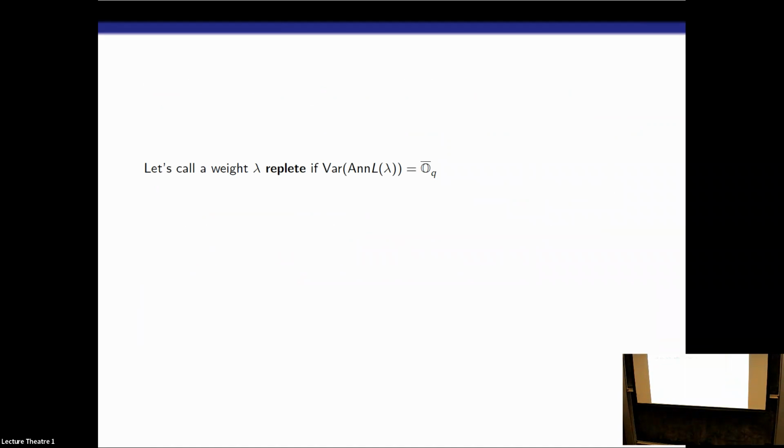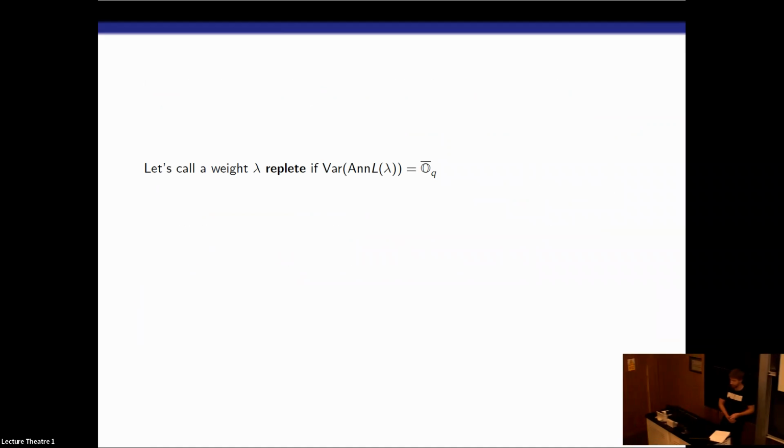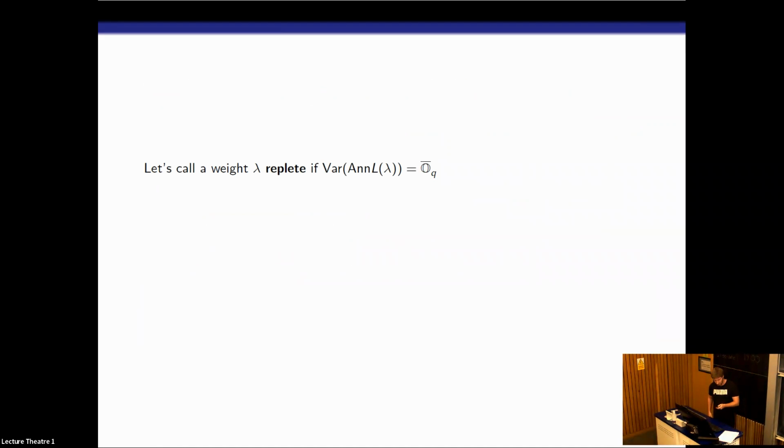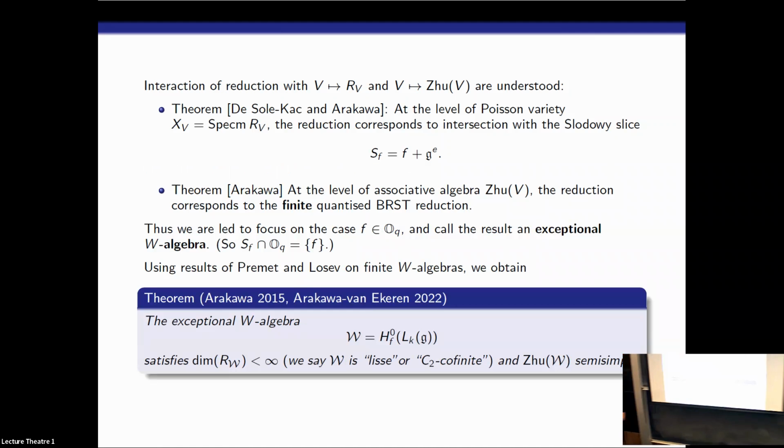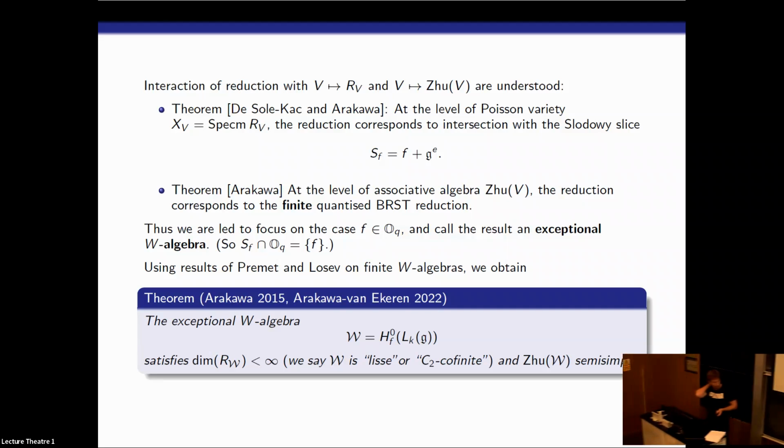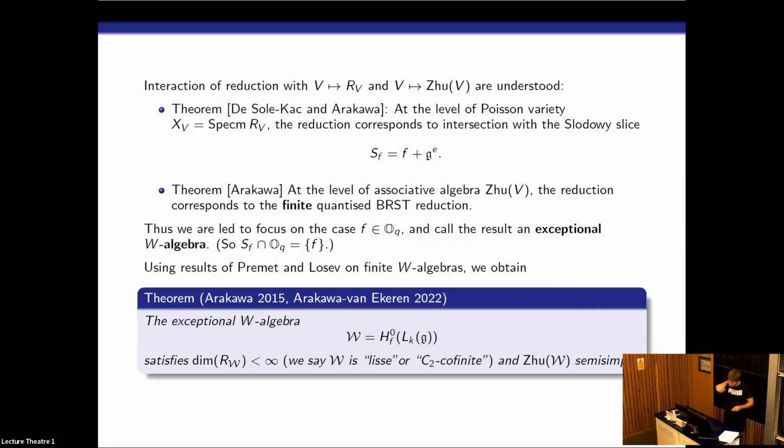Okay, so we want to study the representation theory of these algebras, right? They should form modular tensor categories. Maybe I should comment, there's also this word rational, right? The vertex algebra is rational if there are finitely many irreducible modules, and there are also no extensions between the modules. So rationality implies, in particular, that the Zhu algebra is semi-simple. It's a long-standing conjecture that the converse is true.